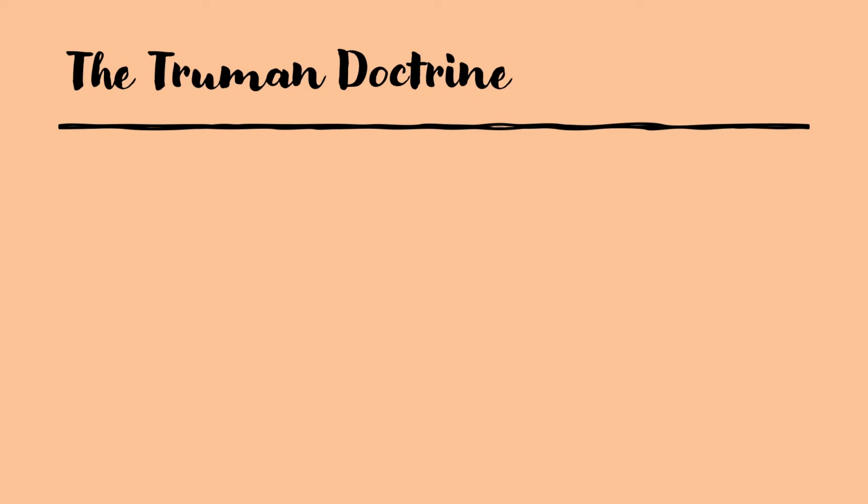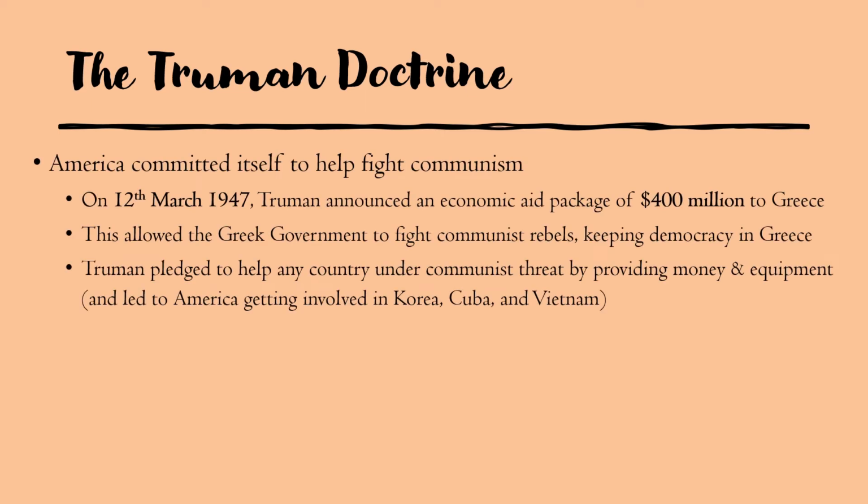The next thing then is the Truman Doctrine. The first effect of this was that America committed itself to help fight communism. So President Truman, on the 12th of March 1947, gave a speech to Congress in which he announced a huge economic package of $400 million which he would give